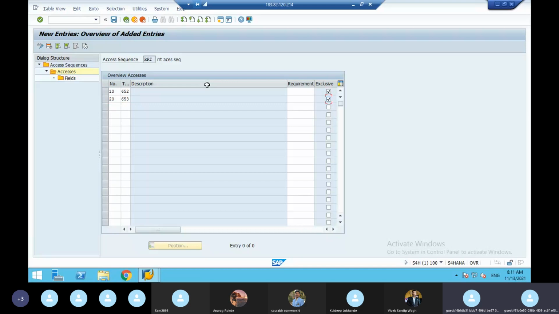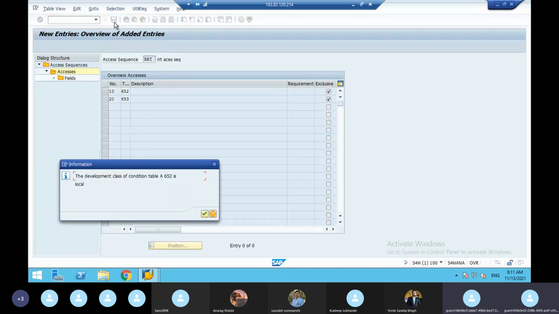So now what I have done: I defined one access sequence RRT and saved it. In that access sequence, I'm going to insert the two condition tables, or merge the two condition tables, in the access sequence. Just save it, Enter.